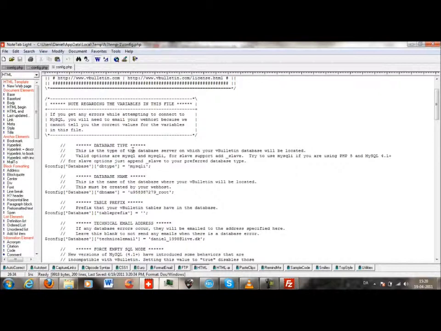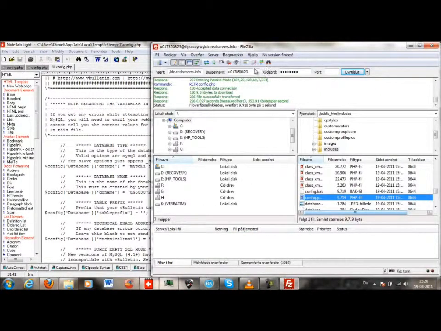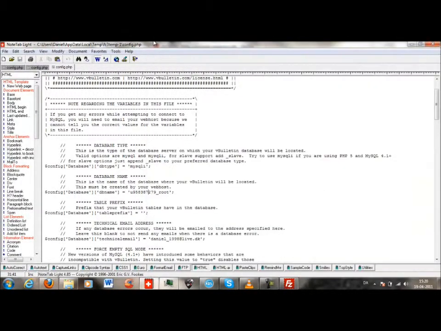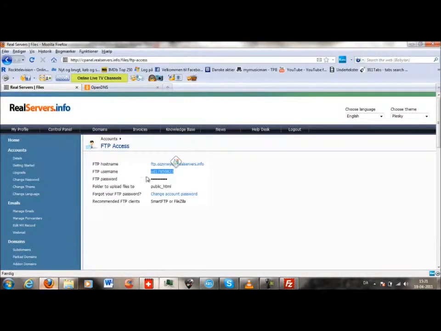It shall be MySQLi database type, and here we shall have our MySQL name.